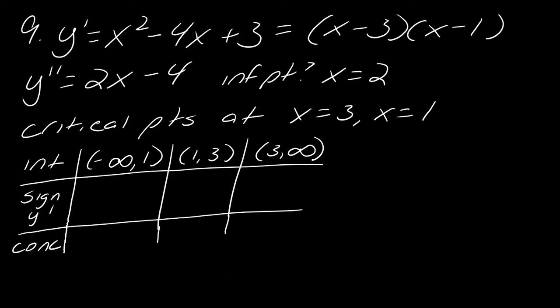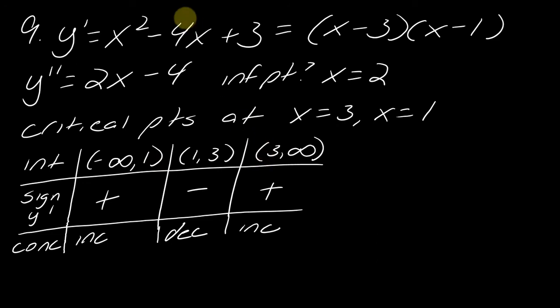Okay, so if I were to plug something like 0 into the derivative here, this would be positive, so I'd be increasing here. And then between 1 and 3, if I choose something like 2, this would be something negative times something positive, so this will end up being negative, so this will be decreasing. And then for the final part, this will be increasing again. So I can say something now about the intervals, and also now it looks like 1 and 3 should be